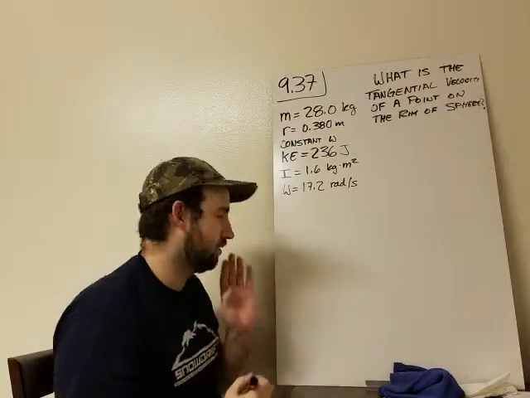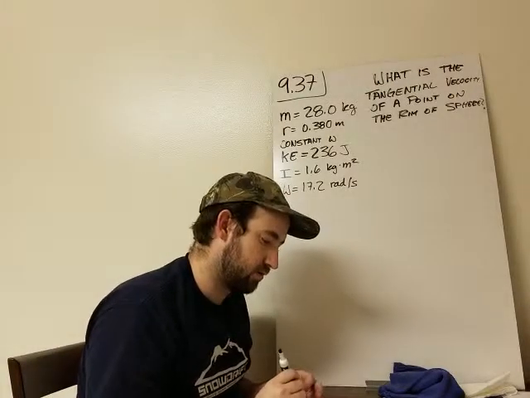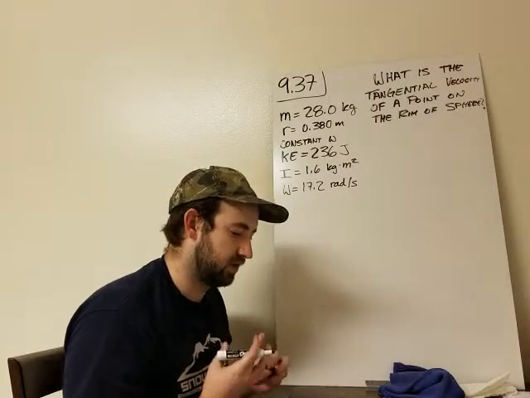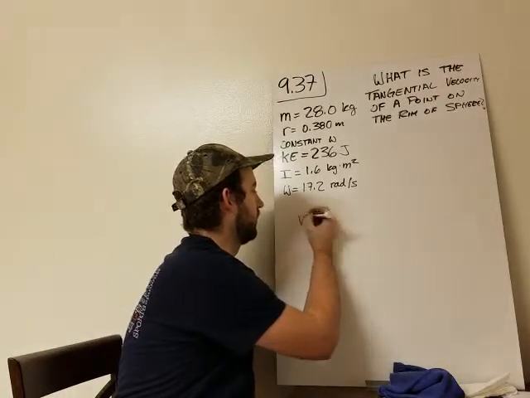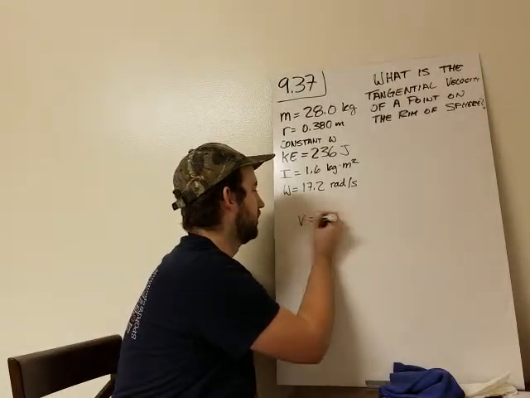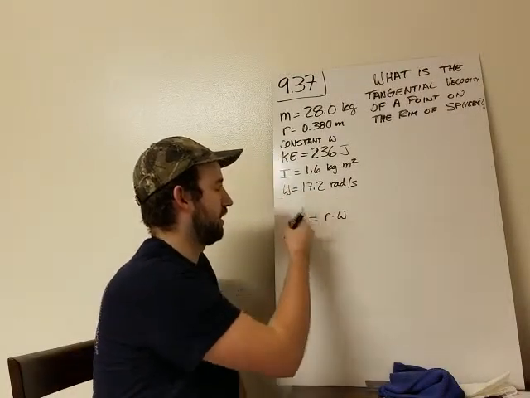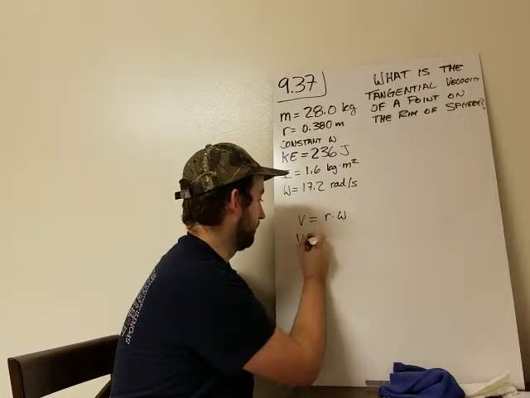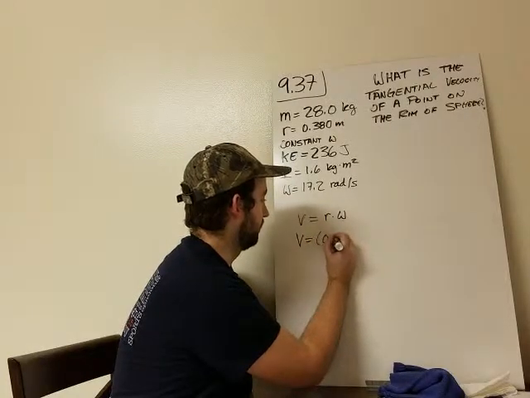Okay, so now we know our angular velocity, which is important. Now, the last step is really easy, because we know that the tangential velocity, which we'll call v, is equal to the radius times the angular velocity. So we plug that in, we get that the tangential velocity is equal to 0.38 meters